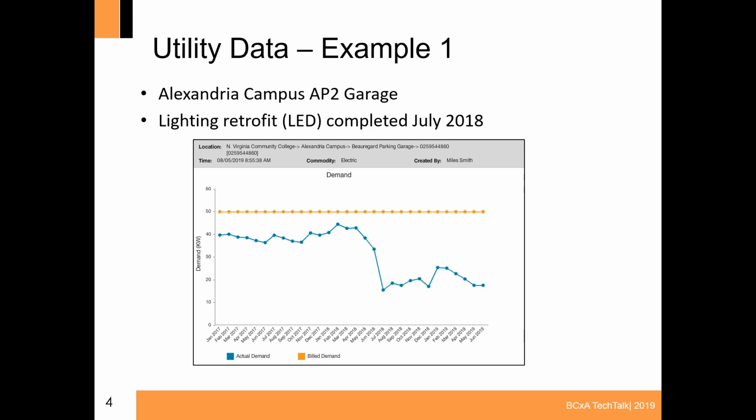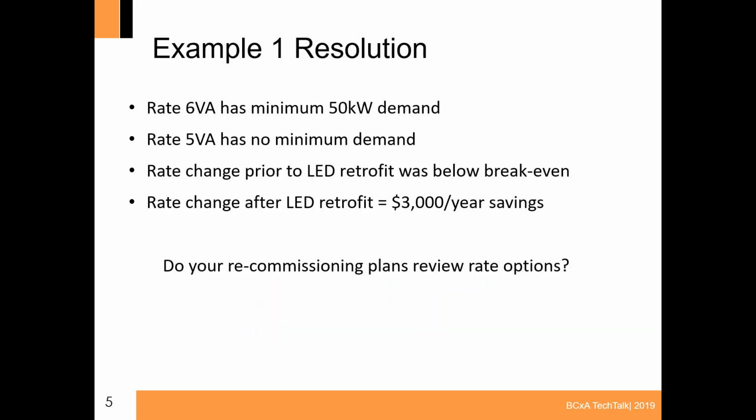Well, as it turns out, 10 kW in the 6VA versus the alternative, which is the 5VA, it's about a wash. The big drop towards the middle is when I did a lighting retrofit, and we went from HID, I think it was sodium vapor, to LED. Big drop in demand. Now that delta between the minimum 50 kW and what we're actually using is very large. So in short,